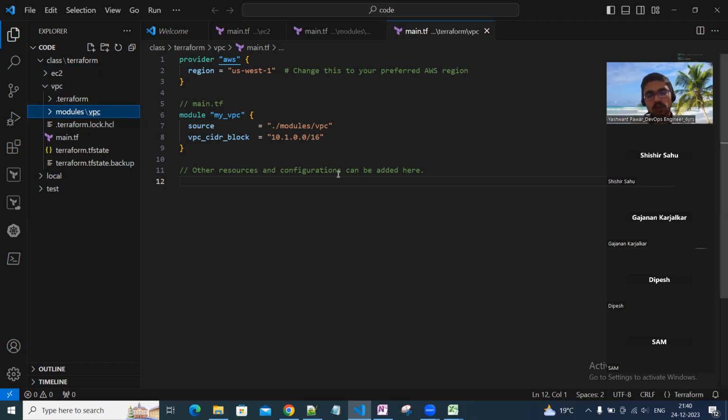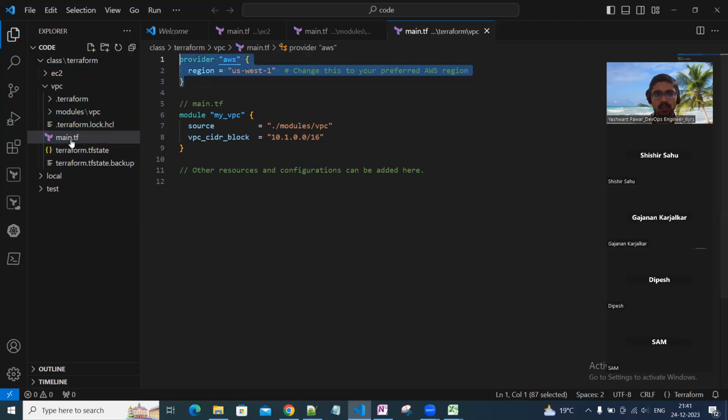So in this session, we are going to create a VPC in the AWS cloud. VPC is nothing but a virtual private cloud. So that we are going to create in AWS using Terraform. So this directory, which is VPC, is nothing but the root directory. And within this root directory, we can have modules, as well as our main configuration file, we can keep it here. Okay. So right now, if I show you this main.tf, it's good practice to provide the provider in the main configuration file. Okay, so I have provided it here, and from this main configuration file, we are calling my